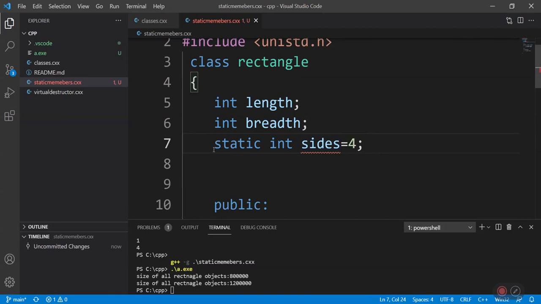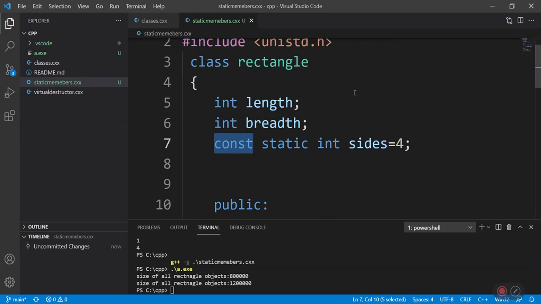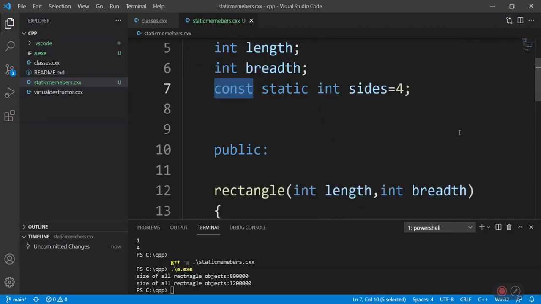So from C++11 we can initialize static members inside the class, but we have to make sure it's const. Obviously it has to be const because we shouldn't be modifying the number of sides of a rectangle, which is always fixed. So const specifier is a must here.